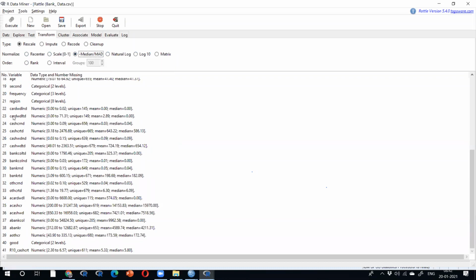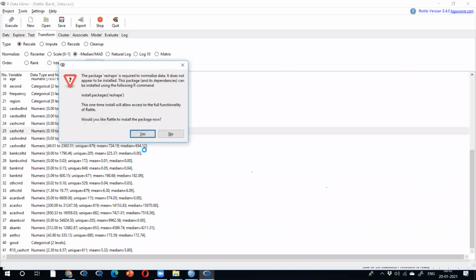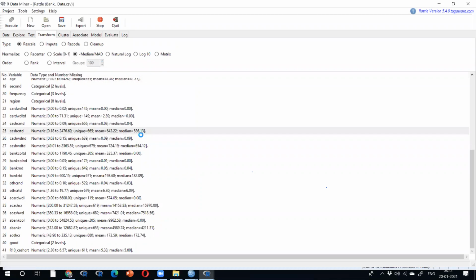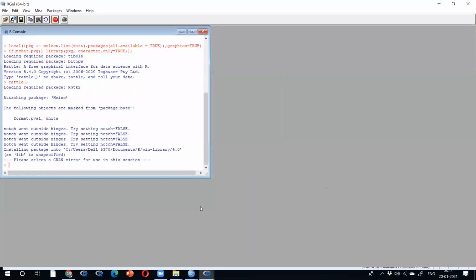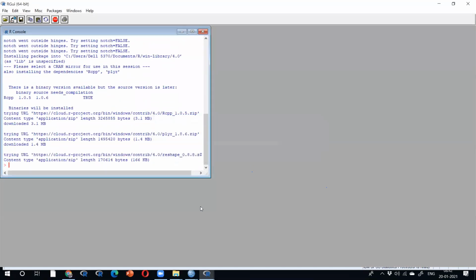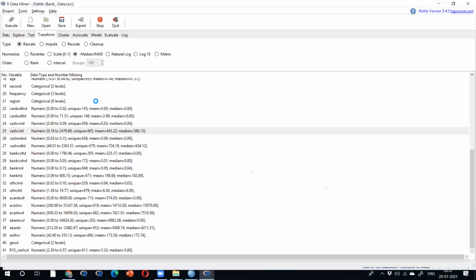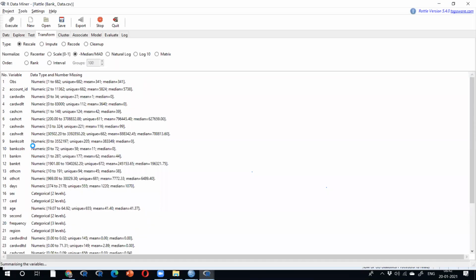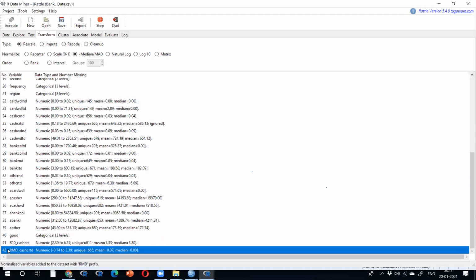Okay, same variable, cash credit, selecting, because the package is not available. Cash credit, I'm going to select with a different transformation. Okay. Two variables.